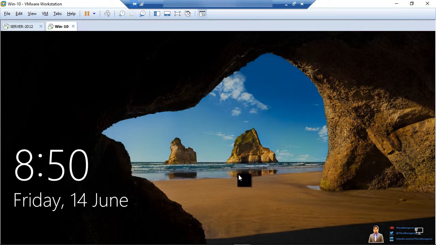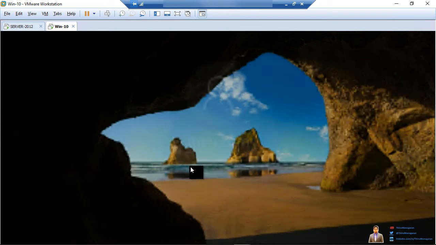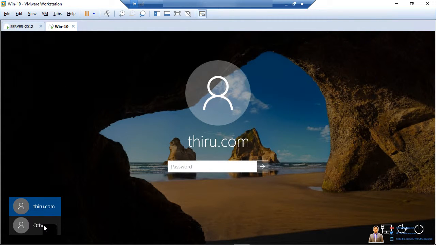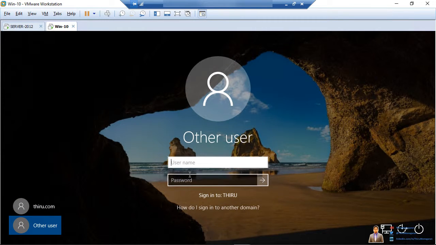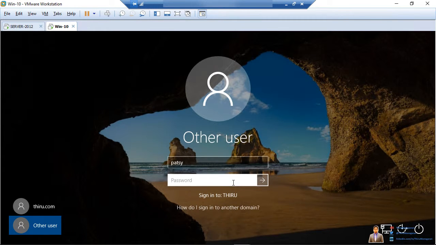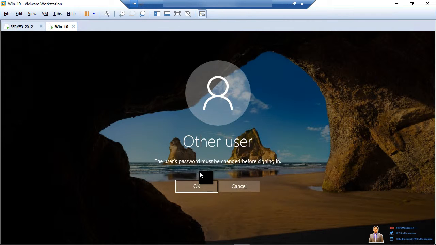Now we're going to log in to this workstation with the newly created username and password. Let's pretend that we are the user of this computer. So we put the username here and the temporary password we created. When we log in, it will ask to change the password. It says the user's password must be changed before signing in. So we say OK here,